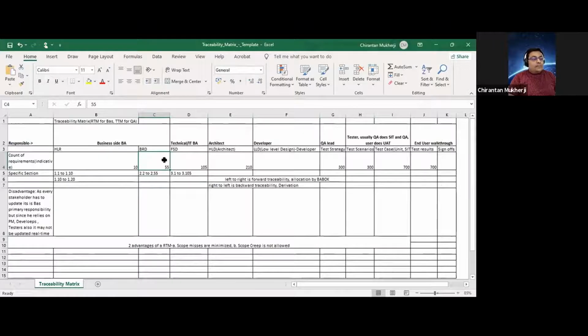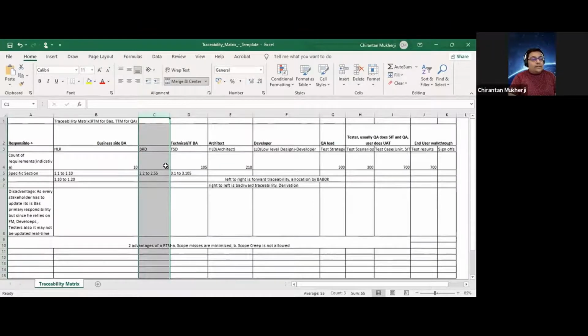And what is scope creep? Let's say you are at the development stage, and your sponsor comes in. Imagine it's a waterfall project, and he or she says that we need to include this also because this was already agreed. Because you're at that stage, you will do backward traceability. Let me see what was agreed in the high level design. Let me see what was in the FSD. So I'm going from right to left, and I will go till the BRD. If it was not there in the BRD, it was never agreed, so we can't deliver that.